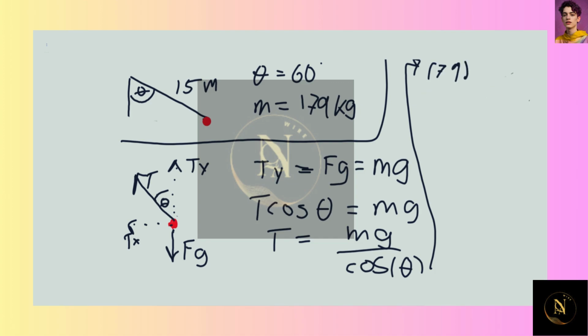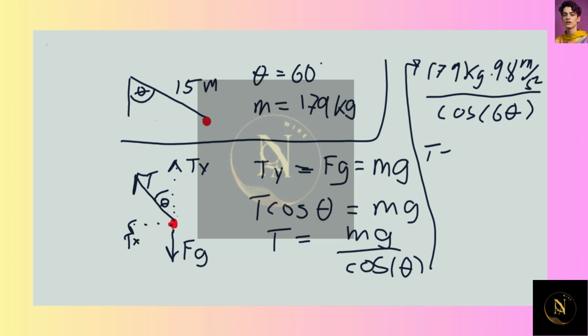179 kilograms times 9.8 meters per second squared, all over cosine of 60. When we plug that into our calculator, we get that the tension is equal to 3,508.4 newtons, and if you want to round to the next tenth, that would just be